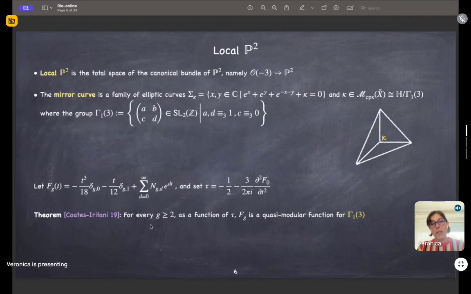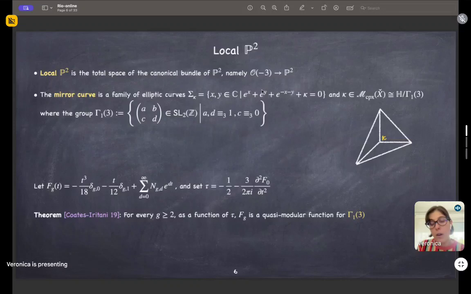So let's look closer at the example of local P2. In this case, what is local P2? First of all, it is the total space of the canonical bundle of P2. So this is the total space of this fibration over P2. And its mirror can be described again, as I was writing before, as a family of elliptic curves. In this case, as you see here,